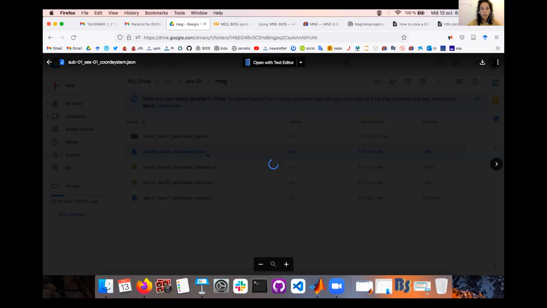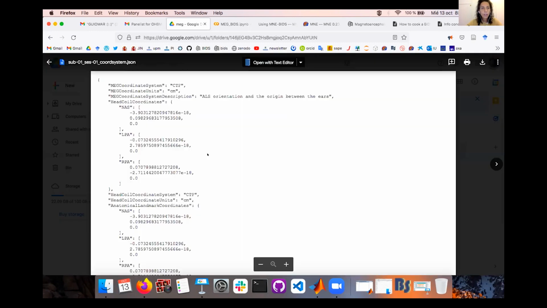So you have a look at what's inside. You will have your MEG coordinate system, the units, centimeters, head coil coordinates, nasion, LPA, RPA. All this is contained in the data, and MNE-BIDS just extracted it and organized it according to BIDS.